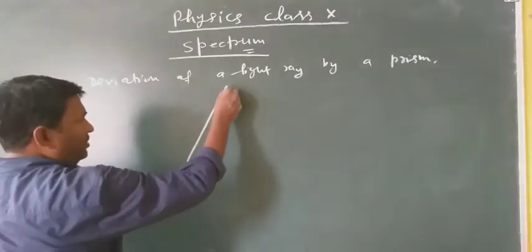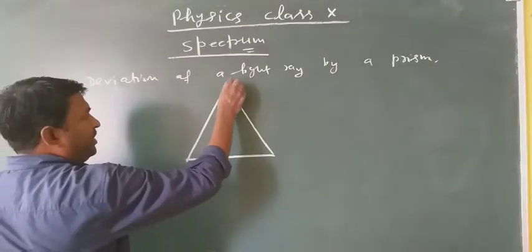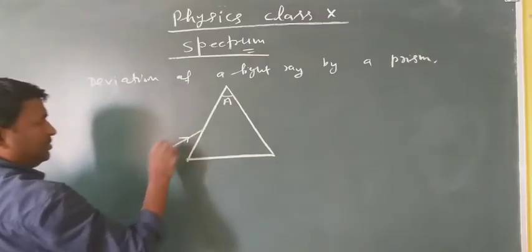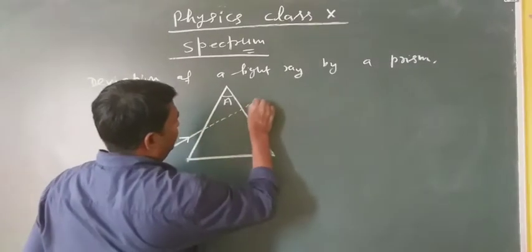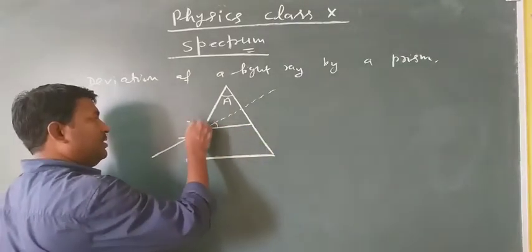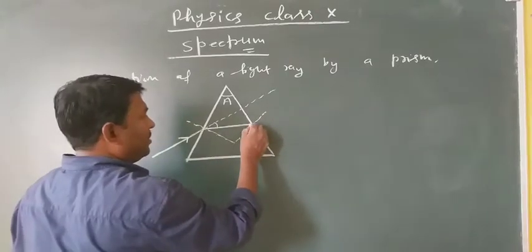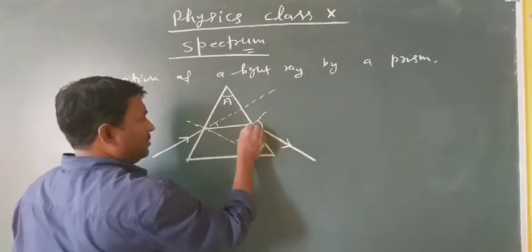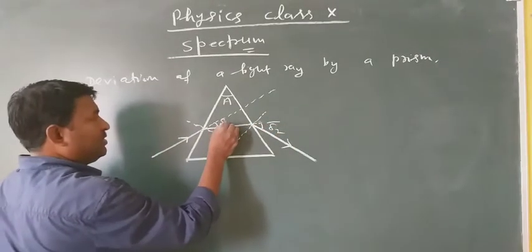So you have seen in the previous chapter that if a prism is there, here this is prism angle A, if a light ray is incident on it, then its initial direction was this one, so it has suffered some deviation. Here at this point a normal is drawn, and now at this point also there is a normal drawn. Okay, so here this is delta 2 and this one is delta 1.